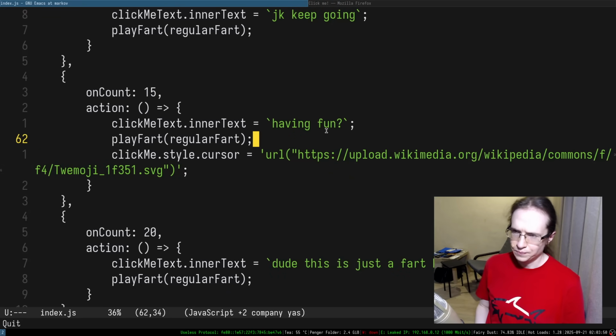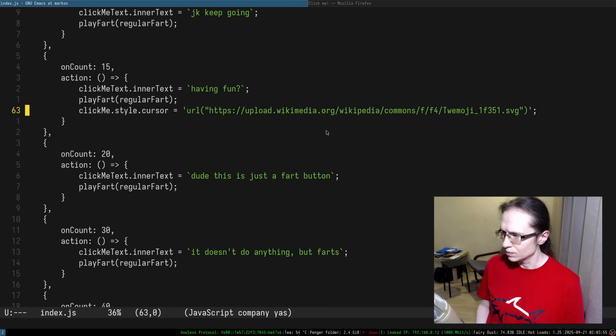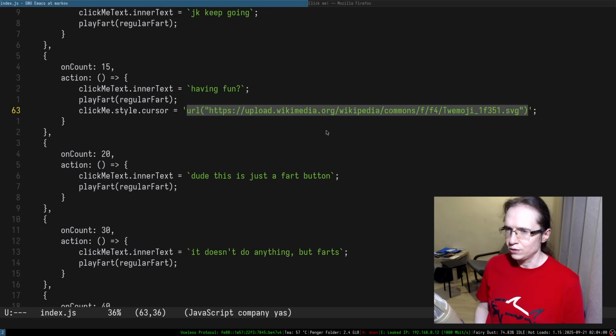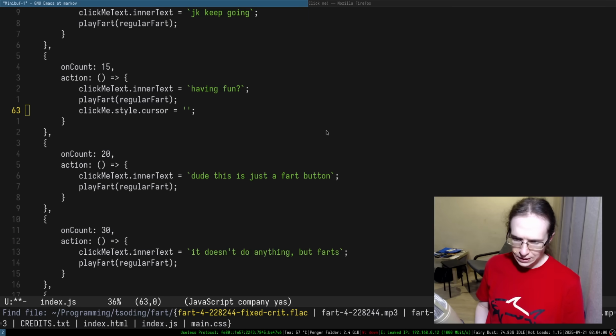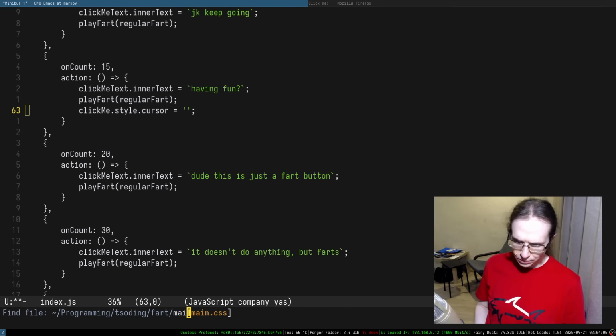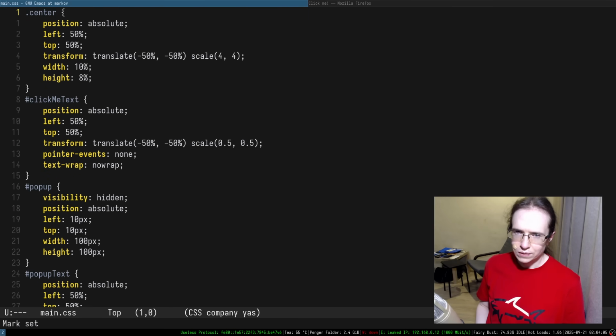Okay, and maximum 128 by, okay, we can try to maybe do something about that. All right, so main CSS, I want to double check